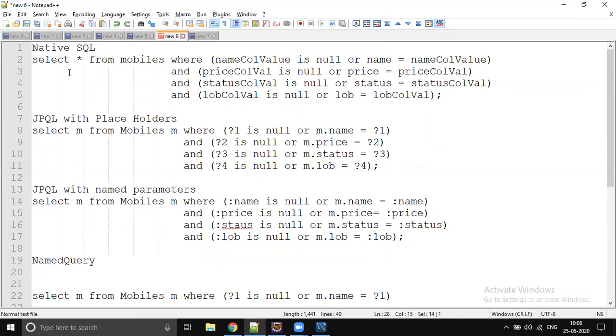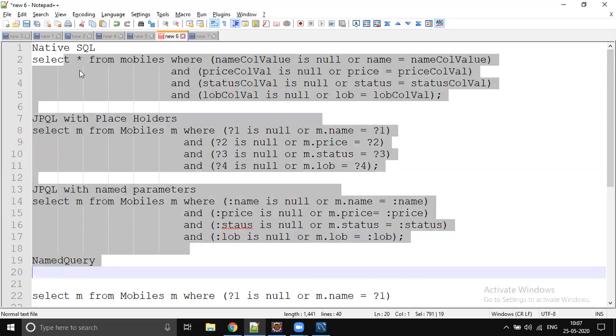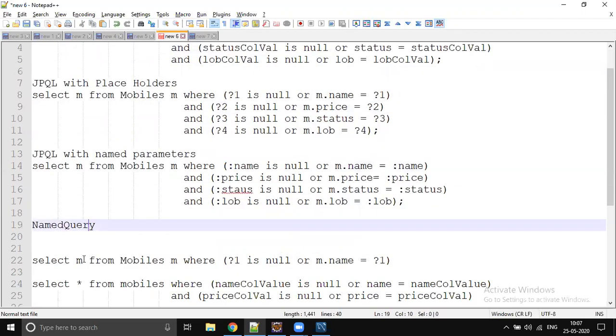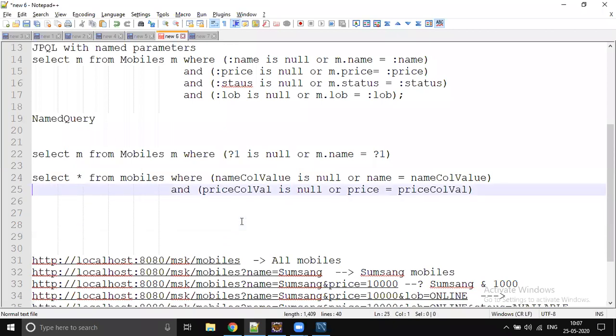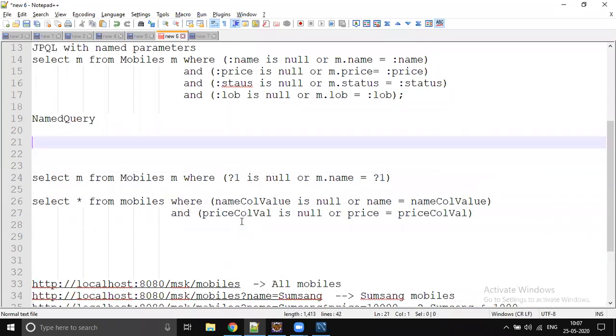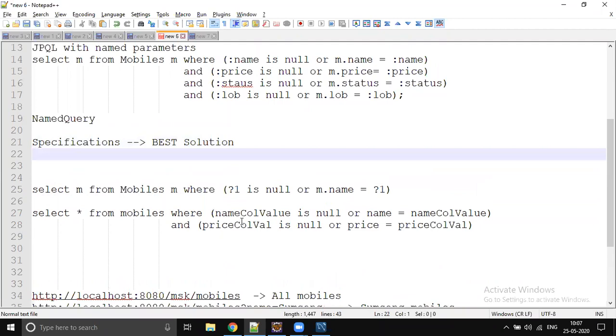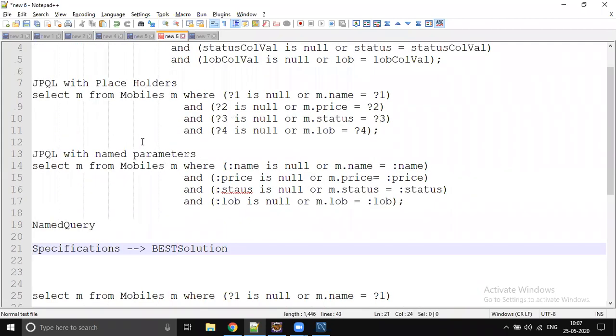One feature we can implement in five ways. I recommend using specifications, but it may not be possible. Sometimes people will enforce you to use named query or JPQL, so you should go with that model. That's why we are learning all this.